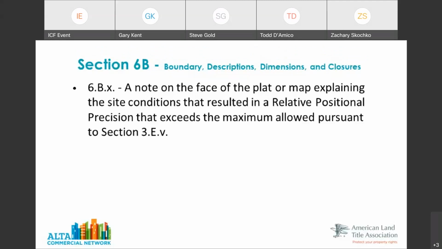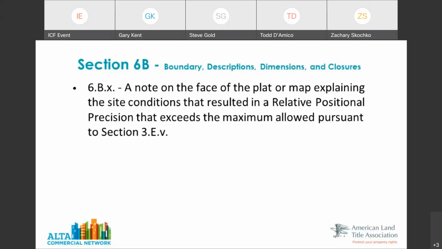6B10 is merely acknowledging the fact, and we talked about the measurement precision a few minutes ago, but there will be situations where the surveyor simply cannot achieve that 2 centimeters and 50 parts per million. It might be related to vegetation. It might be related to the improvements on the property.